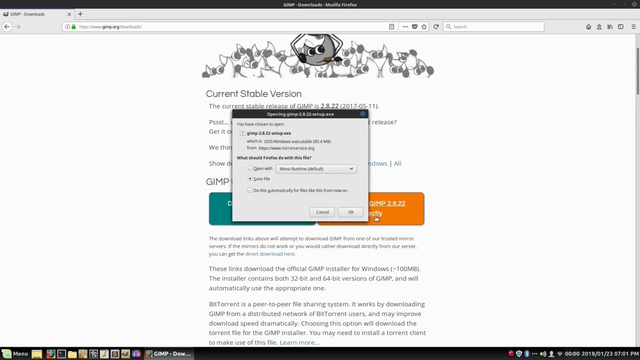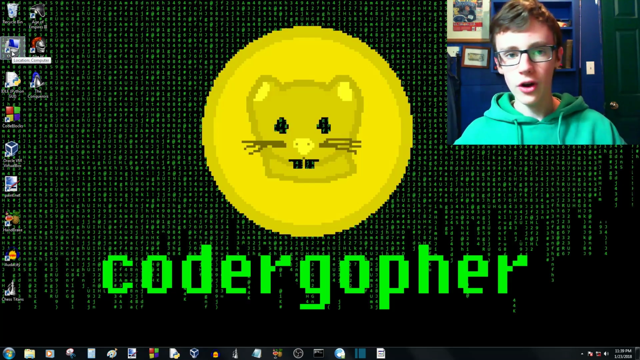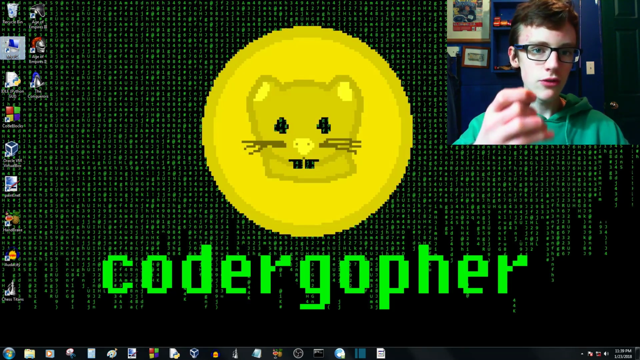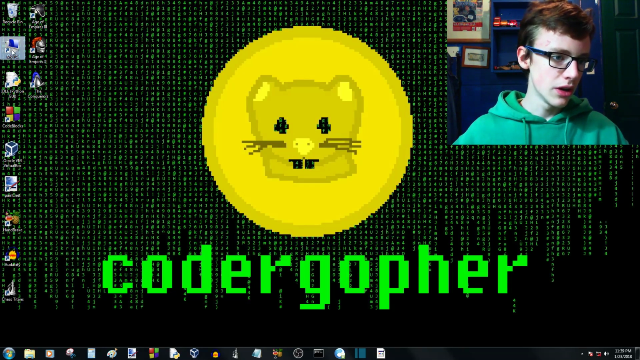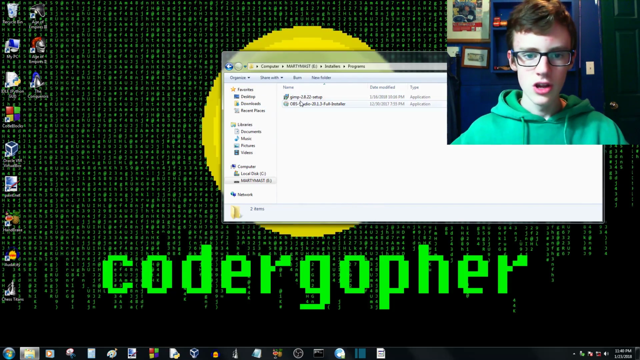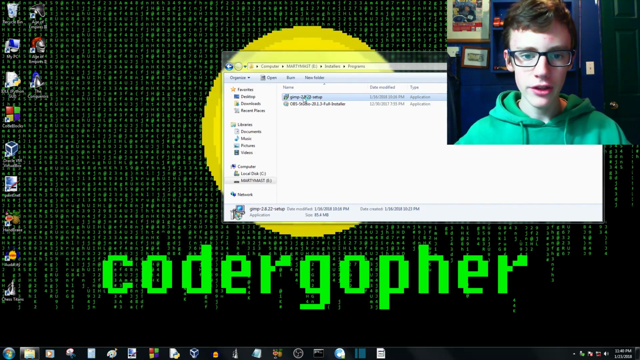Just click save file and hit OK. Alright, so now that we've got GIMP downloaded, we're going to want to install it. I have mine located on my USB. By default, yours is probably going to be located in My PC or whatever, and it should be underneath Downloads. Right there. Just double click on it to open it right up, and then it should load up a